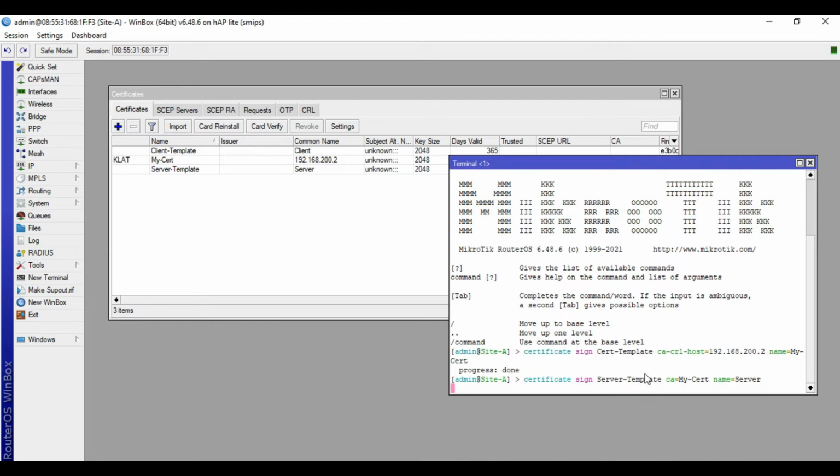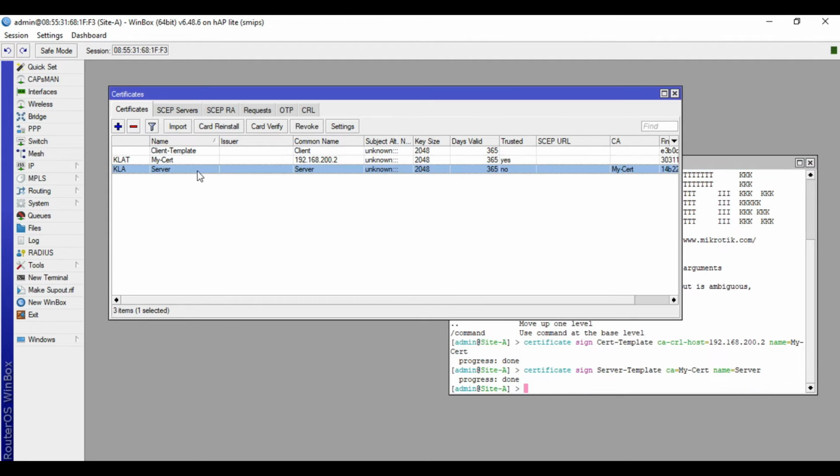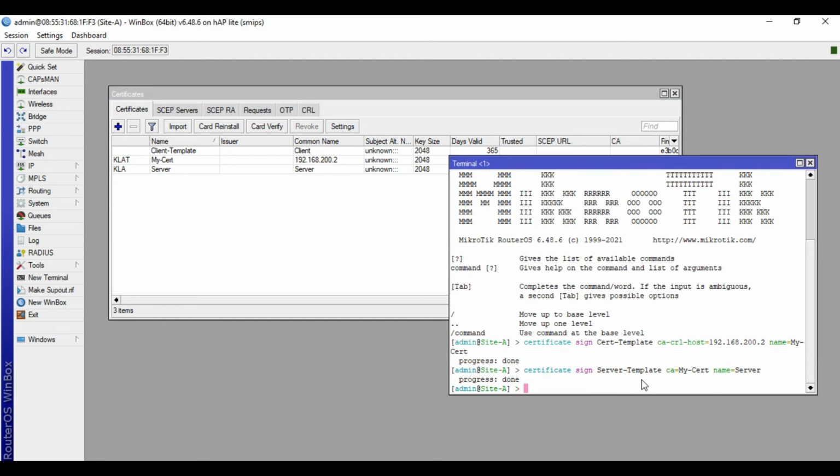Press enter. Wait for the process to finish. It's done. So as what you can see here, the server template name has been changed to server, and it has a flag beside, KLA. Let's do the same for the client template.